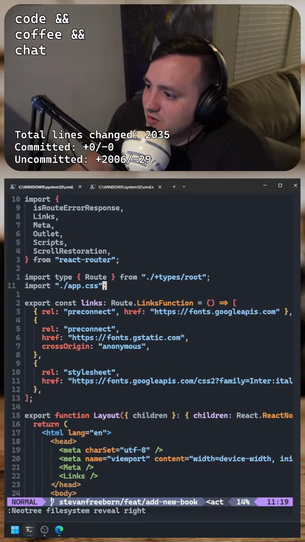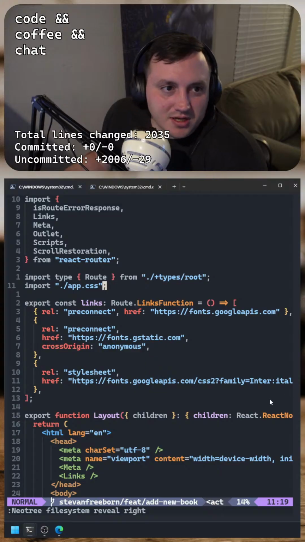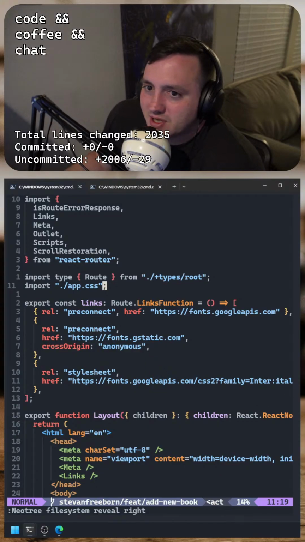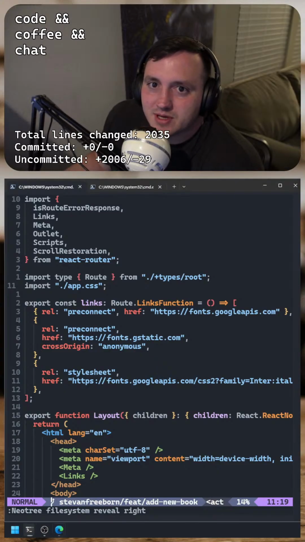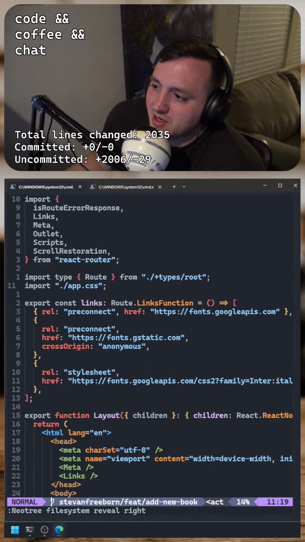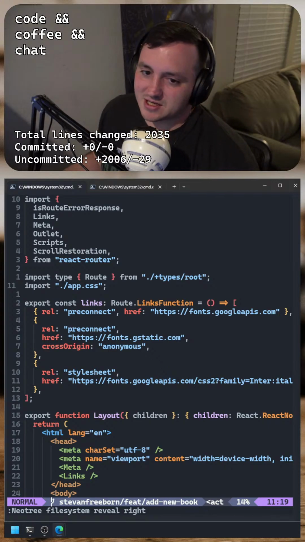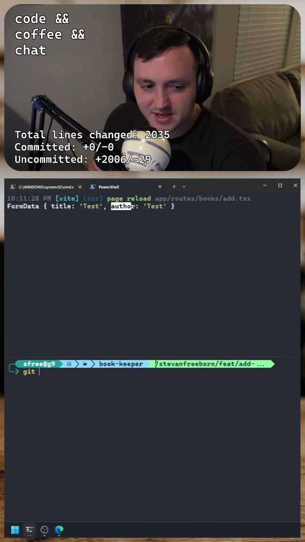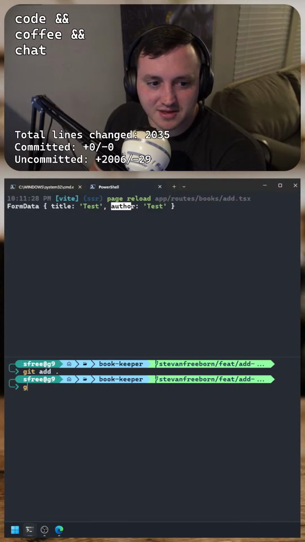Haha, logging form data. Yeah, here we go. Tyler, how can you code in the terminal? It's pretty good. NeoVim is the editor of choice that I'm using, Tyler. It's a pretty good experience if you get NeoVim configured properly. You can get it to a point where it's a pretty good alternative to VS Code. Obviously, VS Code has all the bells and whistles and works kind of out of the box with a lot of things, but